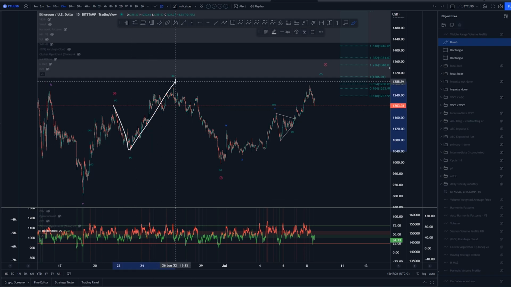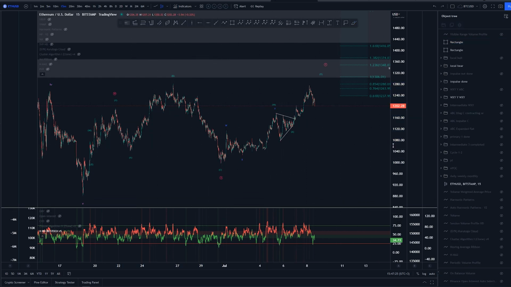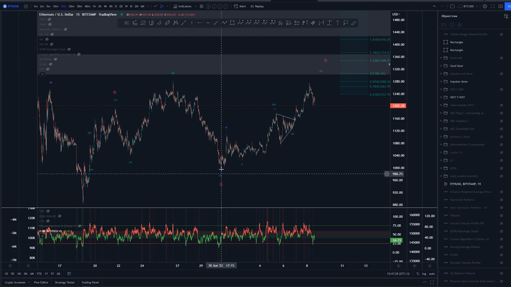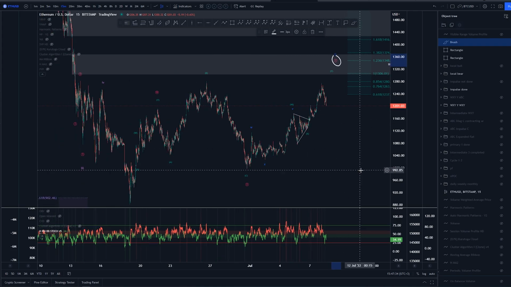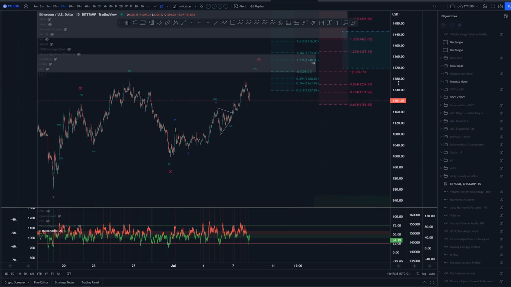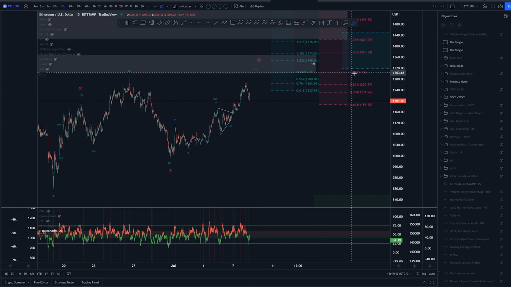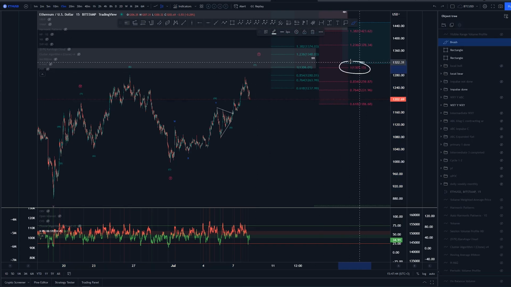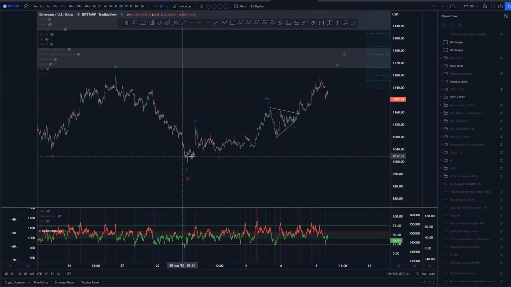To me, this is still a three-wave structure here. So that would end our wave X down here around the $997 area, and then we would be looking for the wave Y up here. At this point, we have higher time frame targets of this W, X, and Y. 1-to-1 is around this $1,300, and if we are looking at this substructure here, we could be looking at this as such with A, B, and